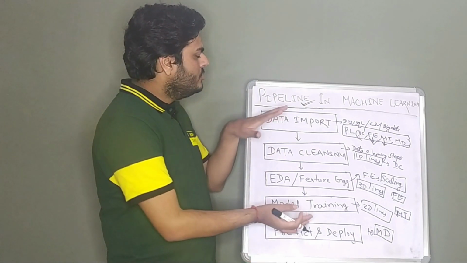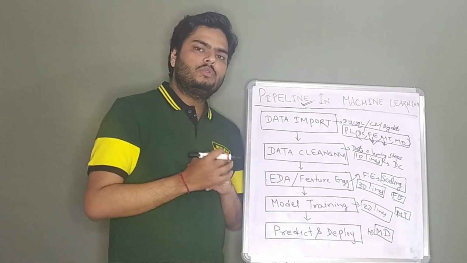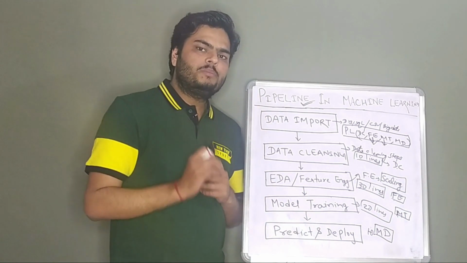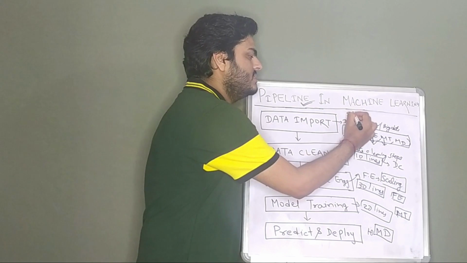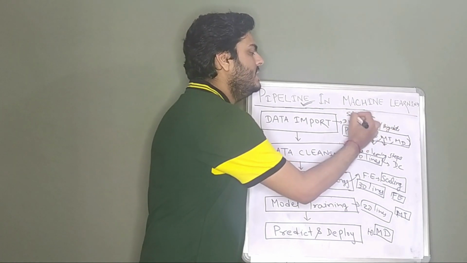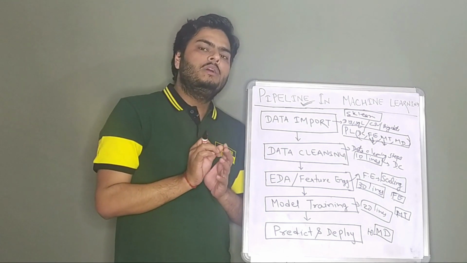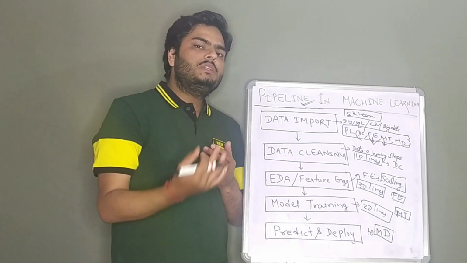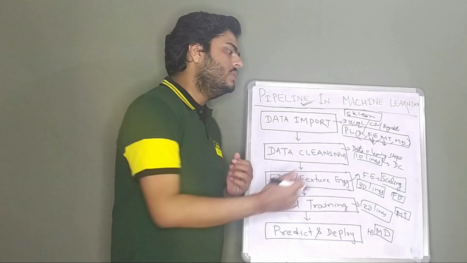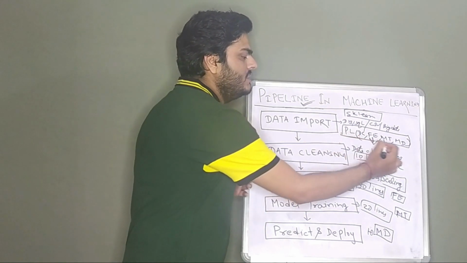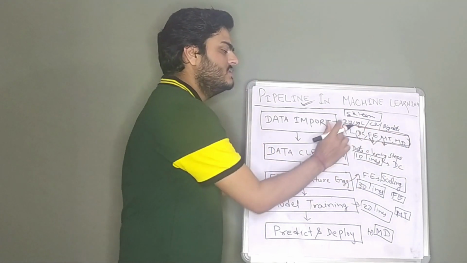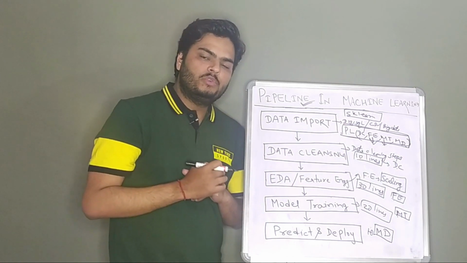So how do you do these things in Python? In sklearn you have something known as a pipeline. So scikit-learn, all of you know. In scikit-learn there is a package called pipeline. In that pipeline you can just pass what all functions you want to run on the data, like this, these functions you can pass as input.